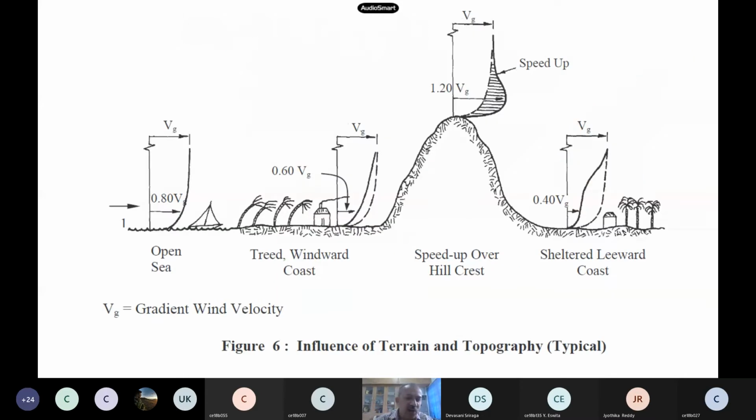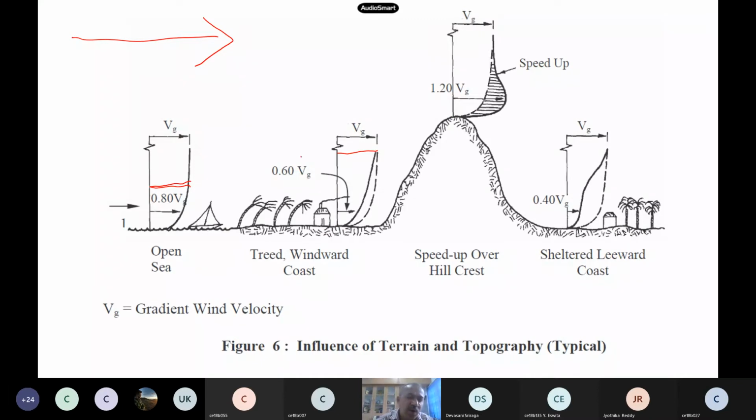Okay, and now this also was a very interesting thing I showed. When wind is blowing in this direction, from this to this here, the boundary layer you can see, there is no obstruction. So the boundary layer may reach the gradient height at very little height itself. It may reach Vg. But when you have a mountain and a structure here, now you can see the boundary layers may be felt up to much more height itself. Then when you are on the top of the mountain, the boundary layer may be something else.